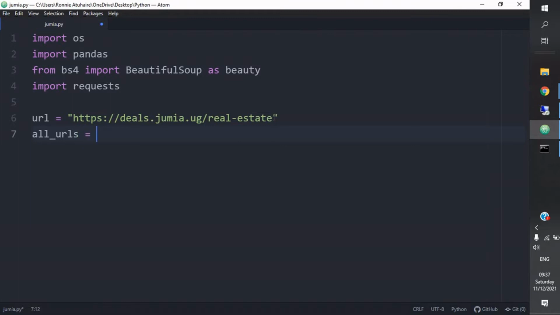Then it's going to be actually a list. So we can just create an empty list and leave it at that for now. So we head over to iterating through the pages. So we shall use a for loop. So we shall say for page in